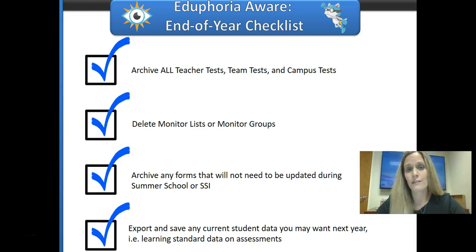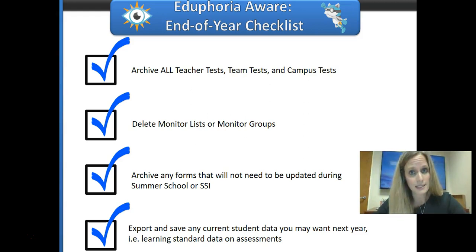So one of the things that means is you can't necessarily look back and reflect on how students did on benchmarks, STAR assessments, local assessments, etc. We've put in for this request several times, and we're working on a way to hopefully resolve that for you so that you can look back and see how students have performed in order to reflect on your own instructional